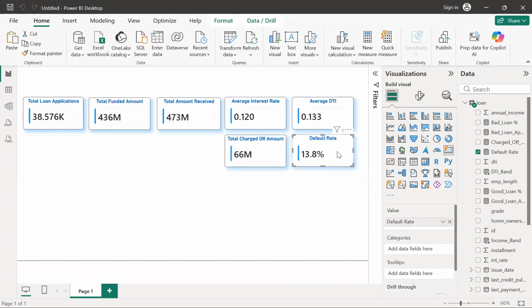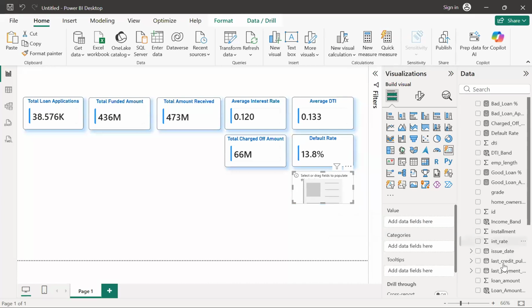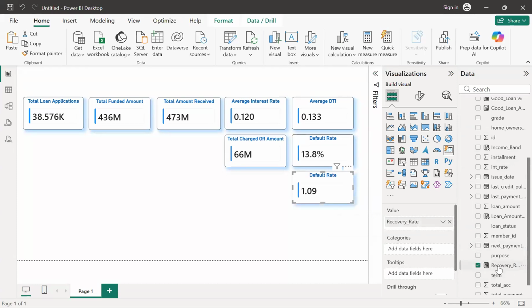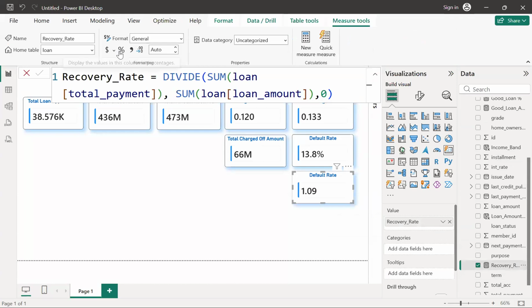Now check what the recovery rate is in terms of percentage. I can simply copy and paste it and put it over here. Now, instead of default rate, I want to put the recovery rate over here. So definitely, yes, this is the recovery rate. I can simply convert it into the percentage and change it to